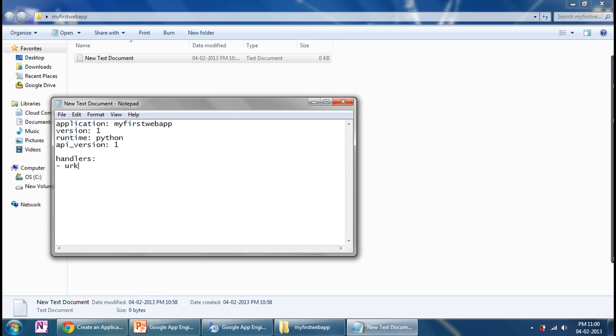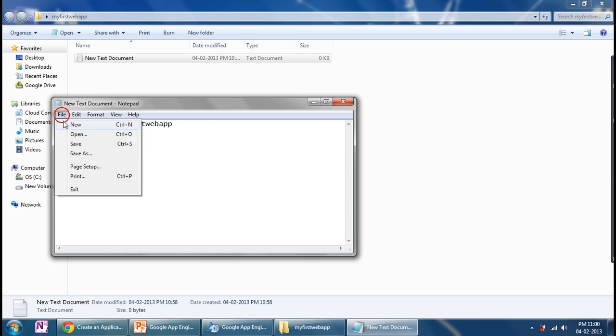Provide the URL of the first handler: star means anything that comes in, its script goes to main.py. This is a Python script for any URL; it just moves to the Python script named main.py.